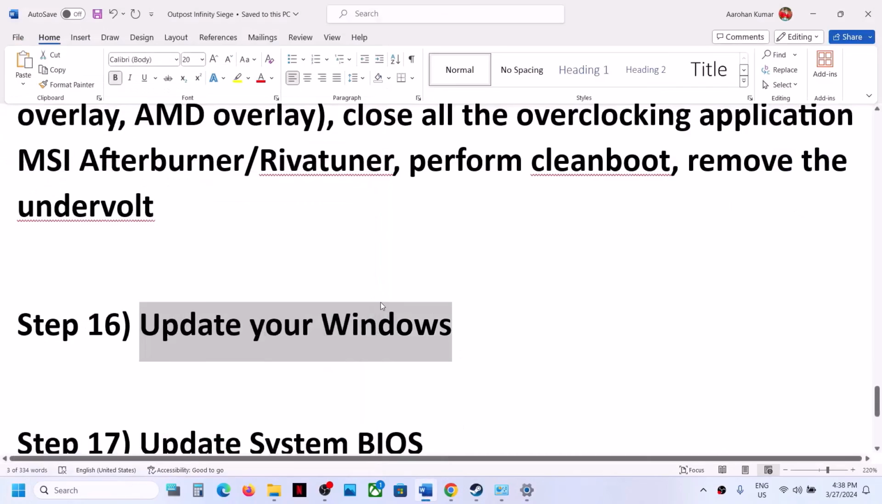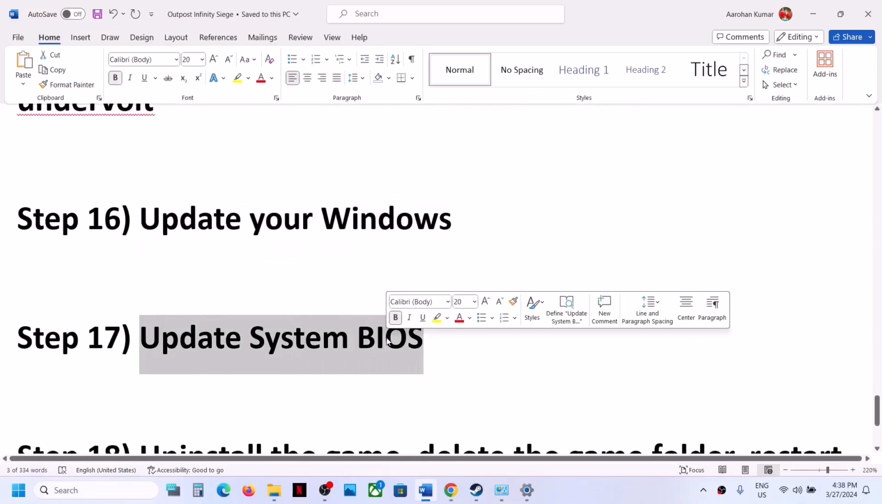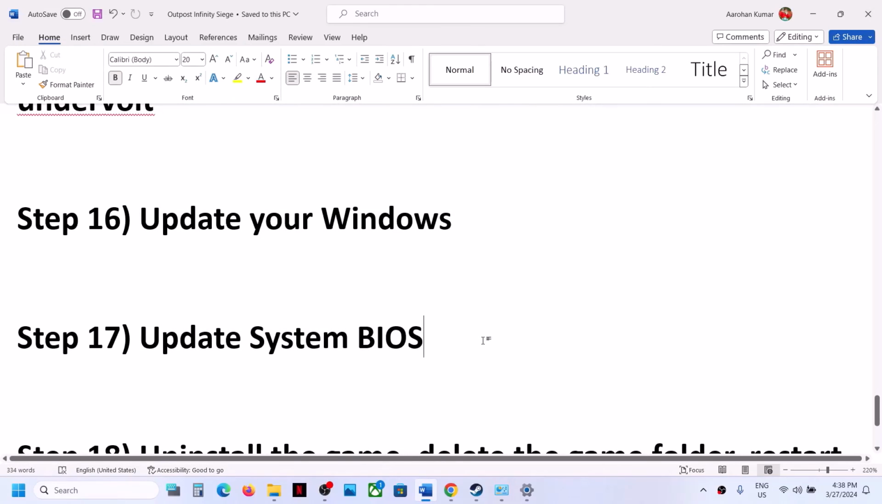Next step is to update the system BIOS. So go to your system manufacturer website. So if you have a Dell computer, go to Dell. If you have an Acer computer, go to Acer. If you have an Asus computer, go to Asus. If you have an HP computer, go to HP, Lenovo. So go to your system manufacturer website, select your model number, make sure that you select your computer, and then